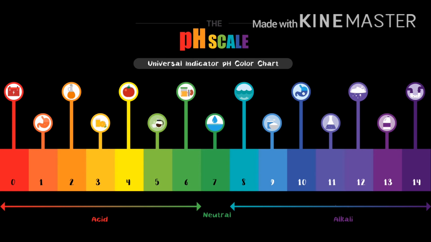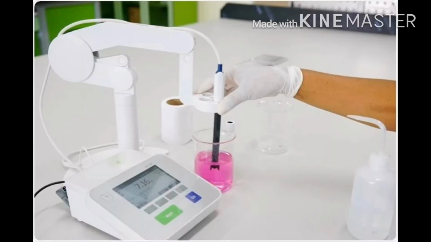Talking about the pH scale, it has two ends. One extreme is strong acids, the other extreme end is strong bases, and the middle part is neutral. So it tells you how acidic or basic a substance is, or even if it is neutral. A more specific way to measure the pH of a substance is the pH meter. pH stands for potential hydrogen. So it calculates the H plus ion, and this pH meter gives you a perfect reading when dipped into acidic, basic or neutral solutions.